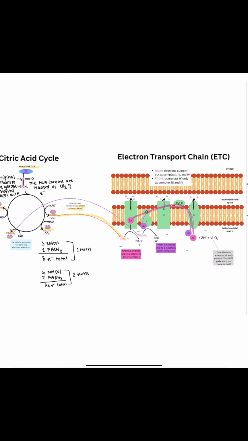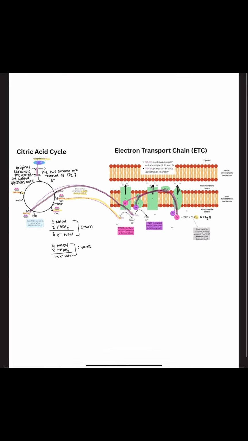FADH₂ drops off its electrons at complex 2, and even though complex 2 does not pump hydrogen ions, the electrons are going to continue through that chain, allowing complex 3 and complex 4 to pump more hydrogen ions into the intermembrane space. The electrons continue moving down the chain, pulled by oxygen, that highly electronegative final electron acceptor, and at complex 4, the electrons are going to re-enter the matrix where they combine with oxygen and hydrogen